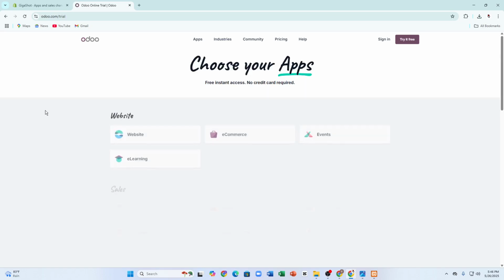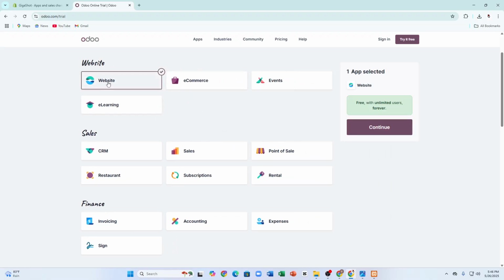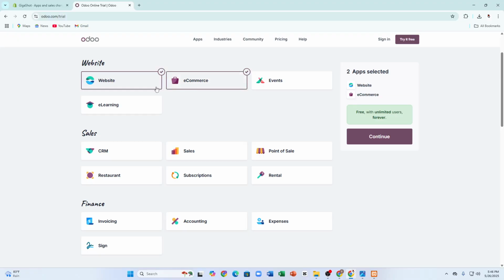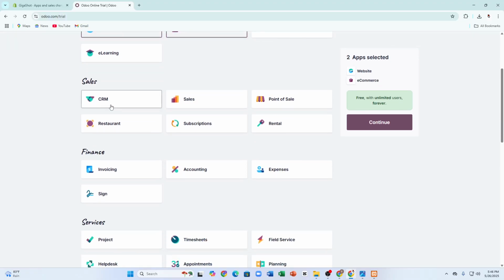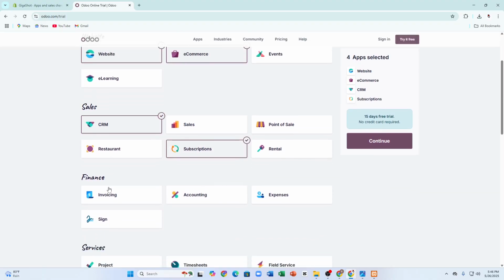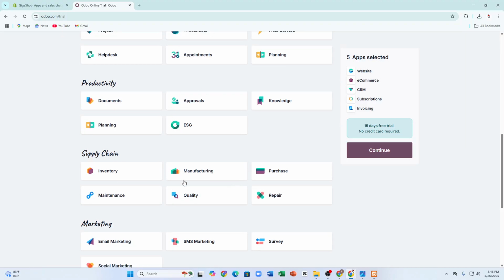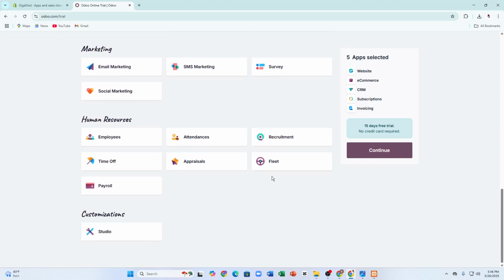Then after tapping onto it, there you can choose your website, like what type of website are you running, for example website, e-commerce, events, e-learning, etc. For now I'm going to choose website. No, let me choose e-commerce and website, both of them together. Now you can choose your sales option. Now you can also choose your finance option, services, like what type of services you want, project based, planning based, field services, etc. You can choose it, but for now I am not gonna